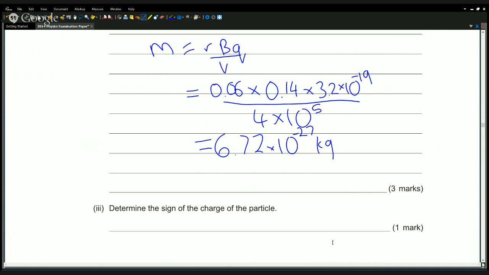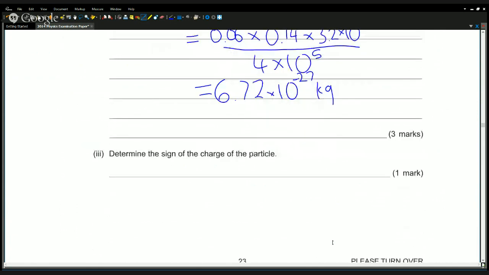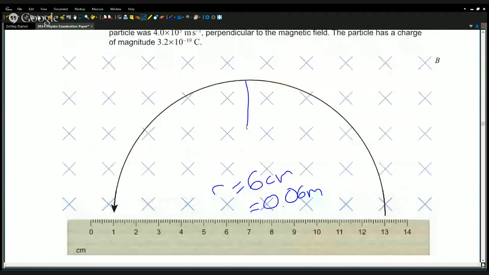Determine the sign of the particle. Okay, now its force is that way at that point, and its velocity is that way. And you can see B is in the page. So let's engineer that. Oh, that's assuming that it is positive charge. Yes, that confirms. You use the right-hand palm rule. If your thumb's going to the left and your palms are heading down, your fingers do point into the page,